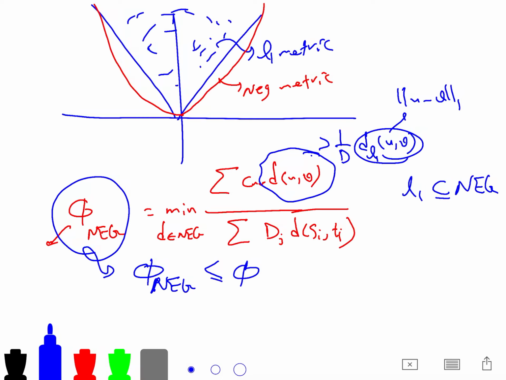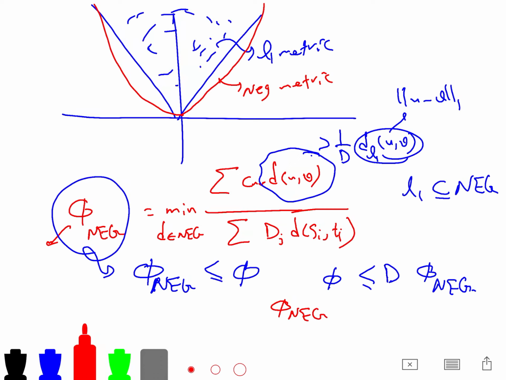So if we embed negative type metrics into L1 with some distortion at most D, then we can say that our phi is less than D times phi of negative type. And it's very interesting, because now remember that phi of negative type is always greater than phi. And this is